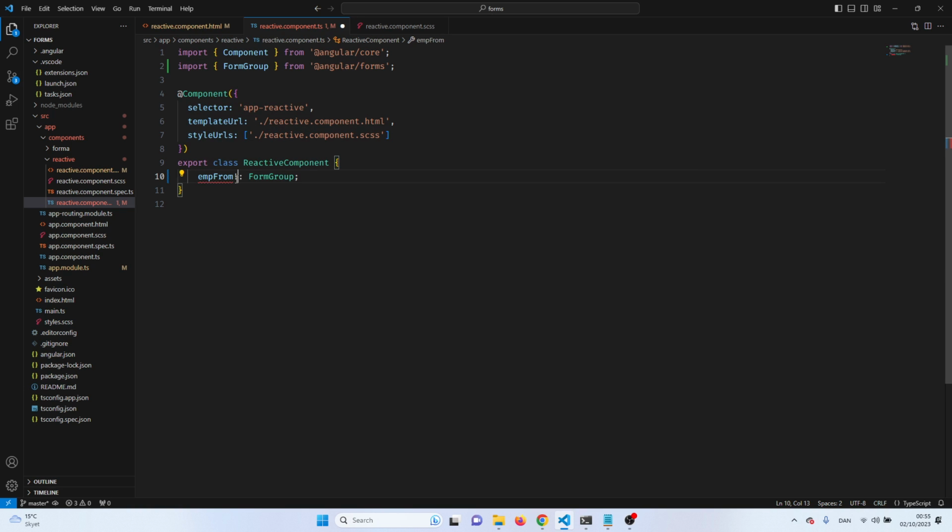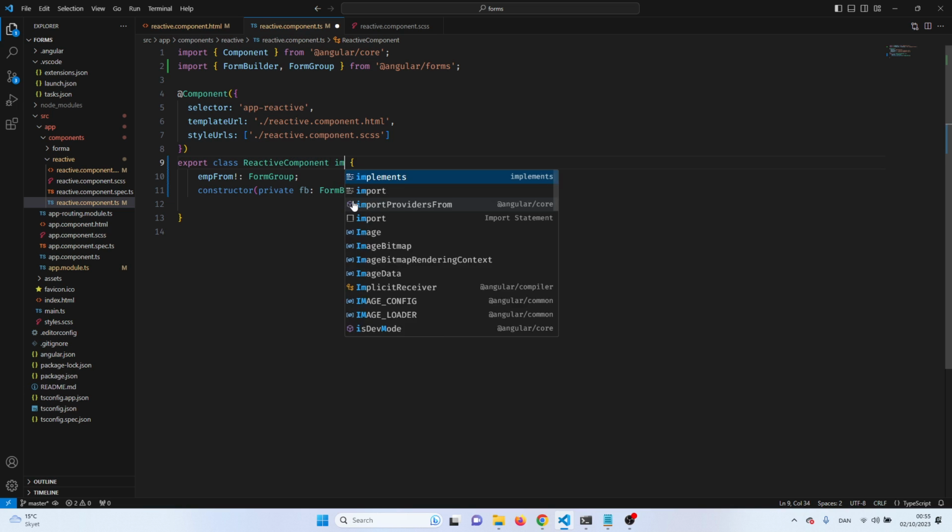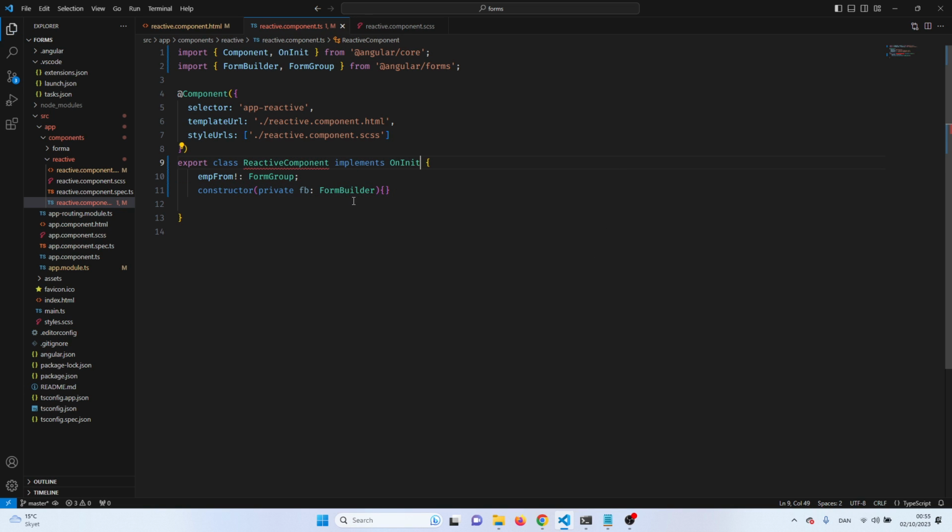And now I'm going to add the form builder because it helps to have clean code. So constructor and let's say private formBuilder. It's a FormBuilder, right? That's it. And next I'm going to implement the OnInit interface. So implement OnInit. Of course there is an error. So here this.empForm is equal to this.formBuilder.group, and